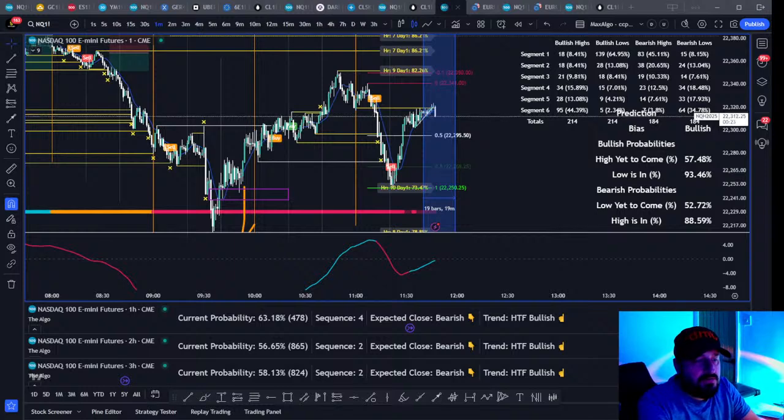Stacked a few confluences on this one though, right? Taking the previous high, previous low. That gives us probability of being bearish. We've crossed over the zero line. That gives us probability of being bearish as well, right? So we've stacked a few other confluences, but our probability for a true ladyboy.